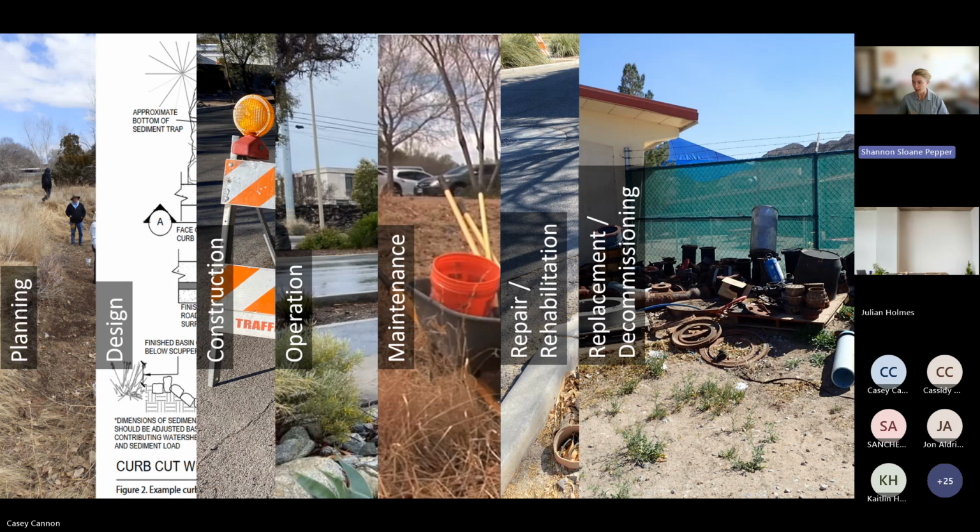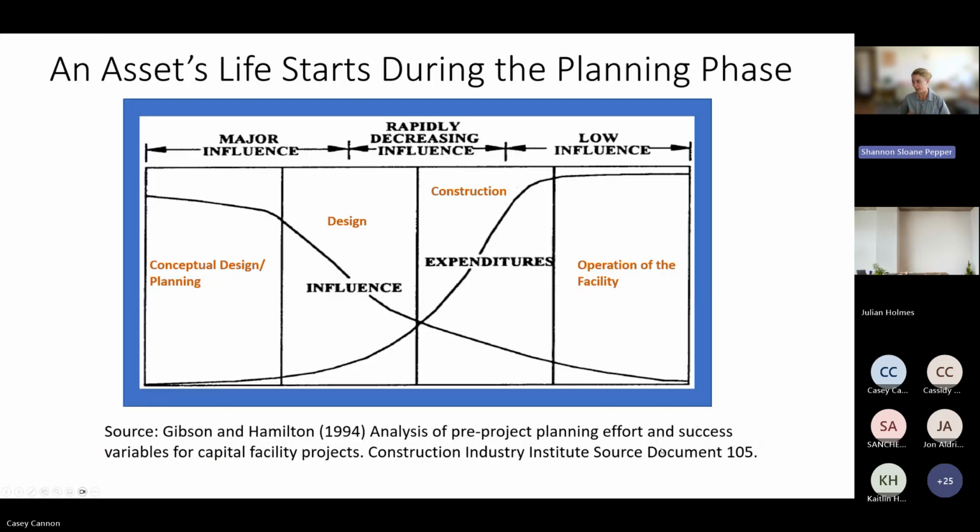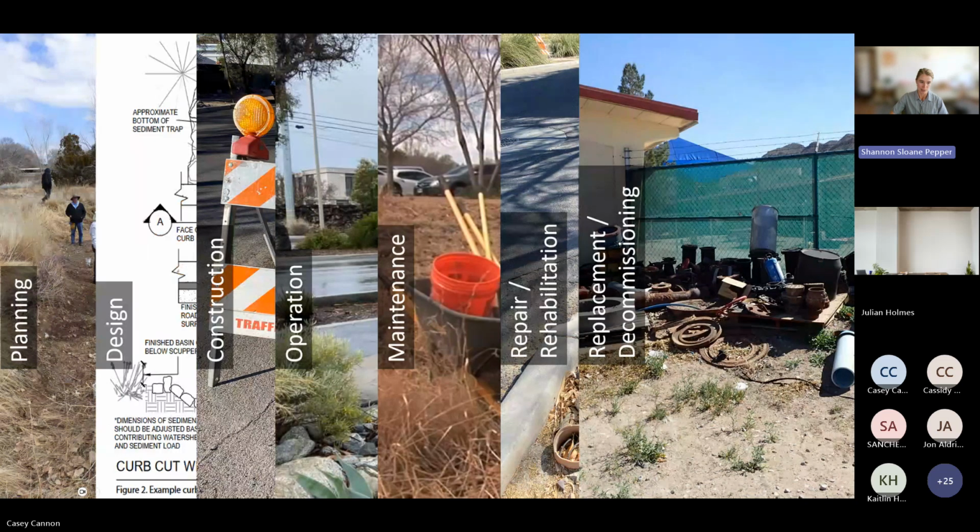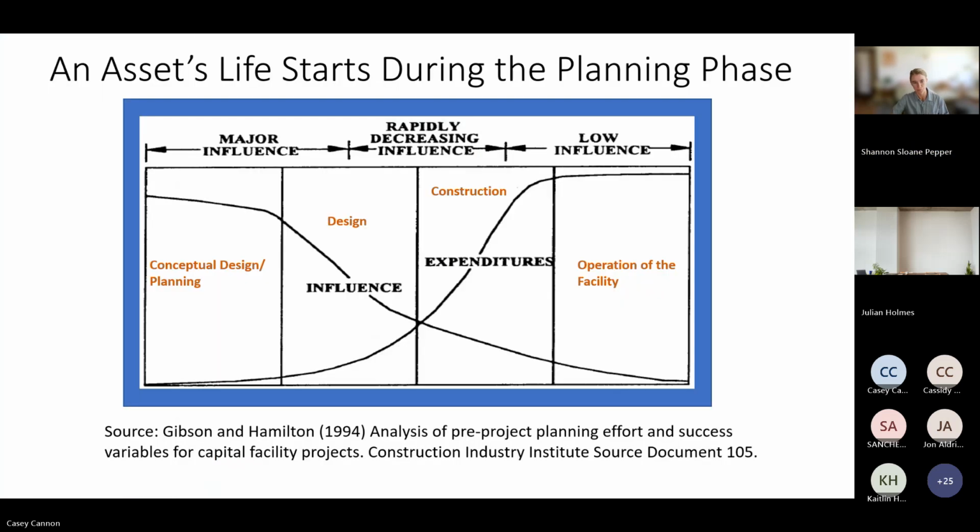And depending on what kind of green asset we're talking about, that could potentially look like some kind of responsible disposal of any gray components, whatever you need to do to return the site to pre-asset conditions. So we like to use this graph on capital facility projects to illustrate why an asset's life